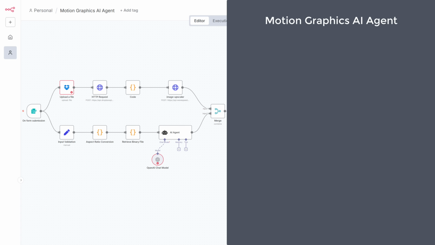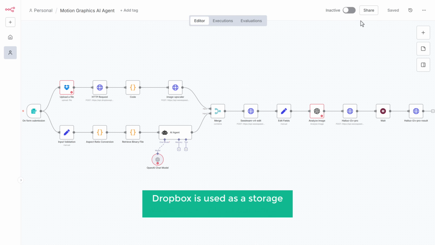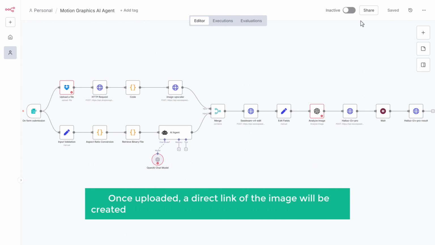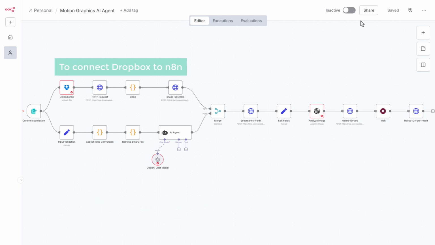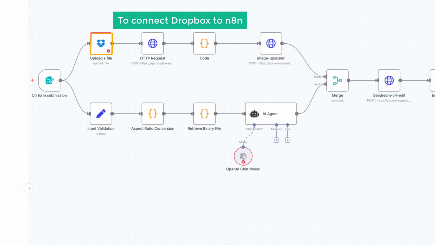So to create our Motion Graphics AI Agent, we are going to do 3 steps. The first step is to connect Dropbox to n8n. Dropbox is used as a storage where we'll upload our images. Once uploaded, a direct link of the image will be created that will be used to generate the output video. So to connect Dropbox to n8n, open the upload file node,